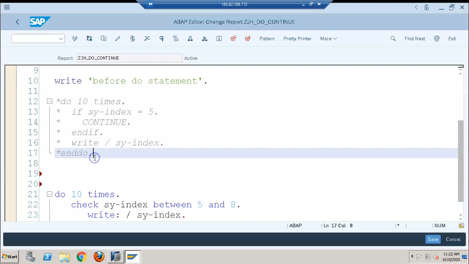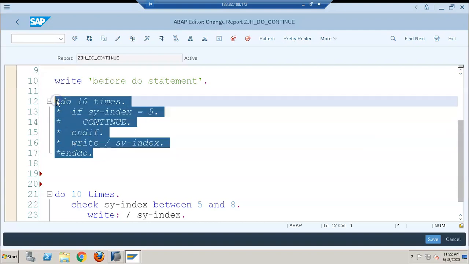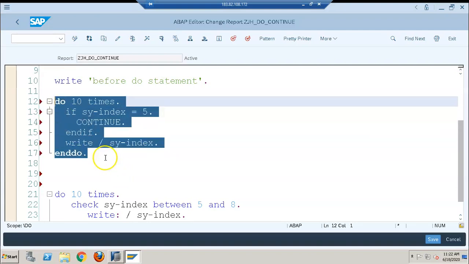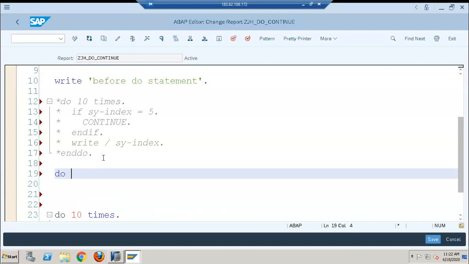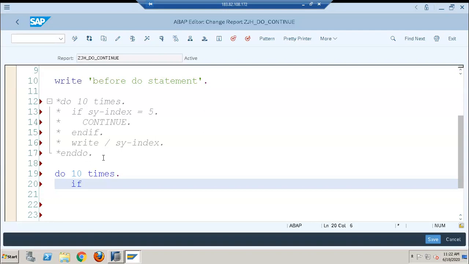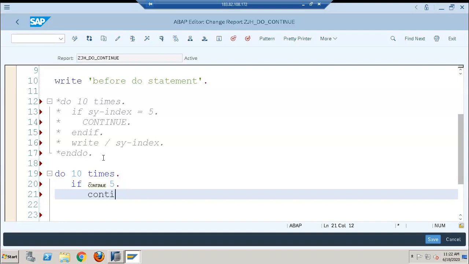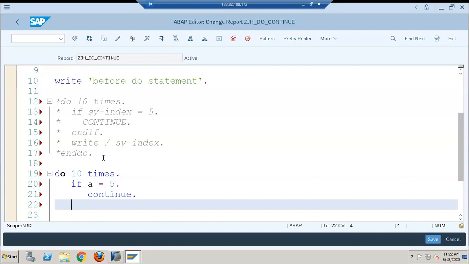So how do we do that now? We'll uncomment this, comment this, and go for do 10 times. If a is equal to 5, continue, and end if.